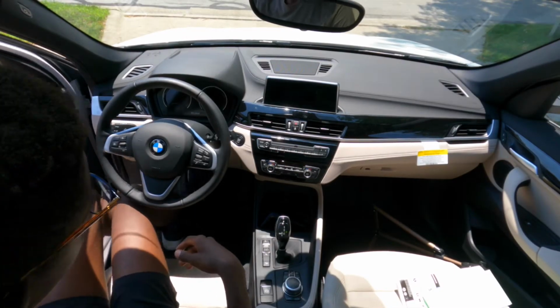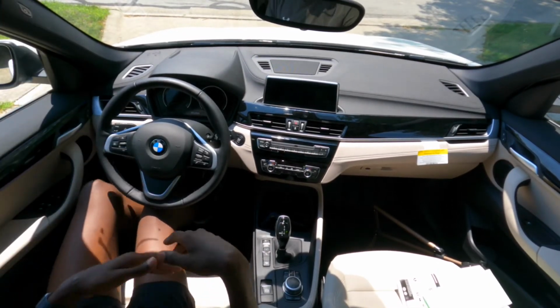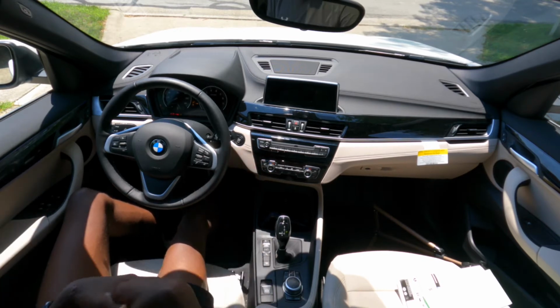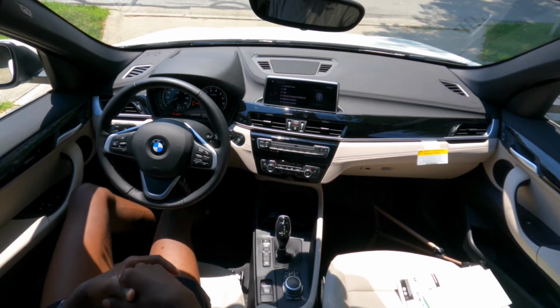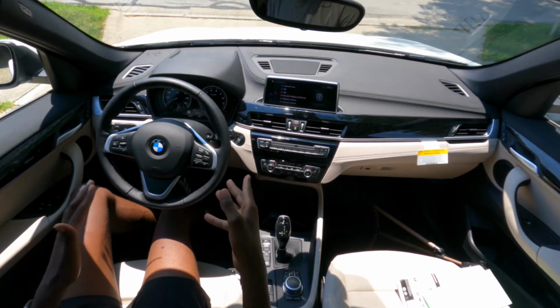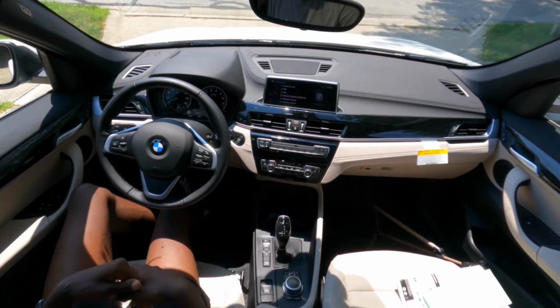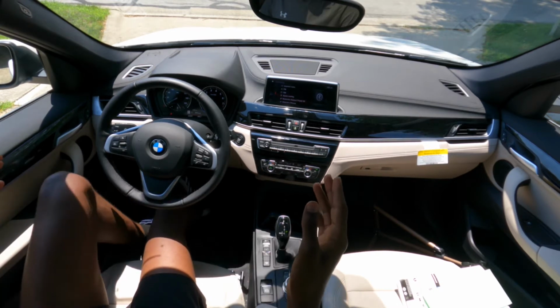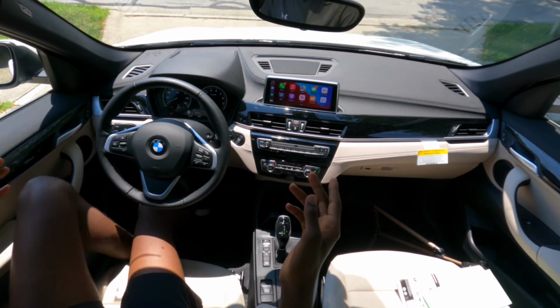Stepping into the X1, nice solid door thunk. To start the vehicle, put your foot down on the brake and press start stop. I really like BMW's chime. It just sounds very classy, as I would expect from a luxury vehicle. Now, something that I would like to point out